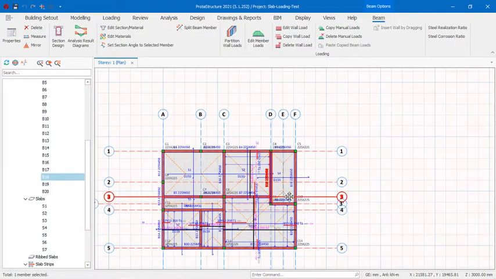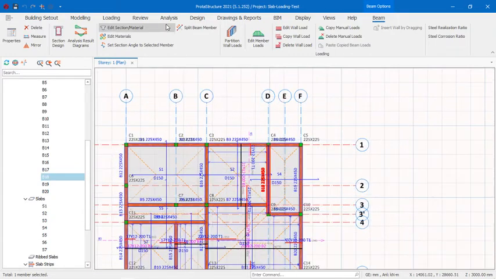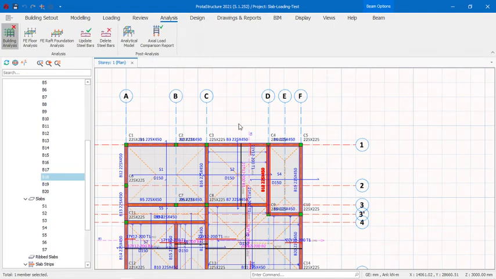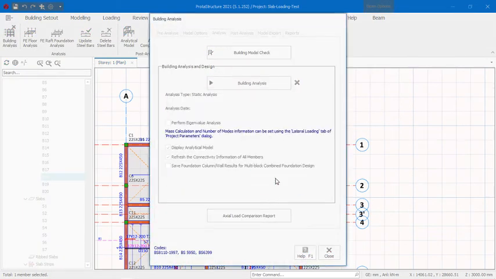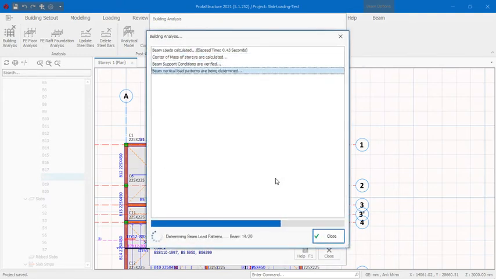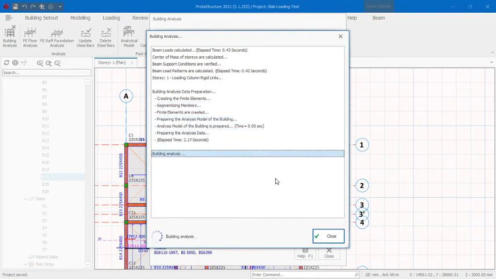So I click OK. What it means in essence is that by the time I run my analysis with this, I think I've done all the settings. Let's do a quick build analysis. I now have a moment that is as close as what I get with a yield line and a finite element analysis. So I don't know much, but I want to believe that for as many projects that you undertake,